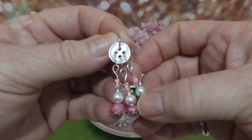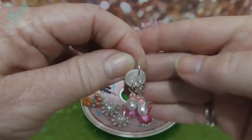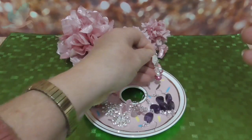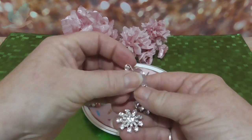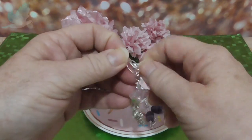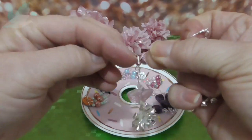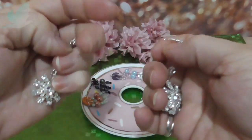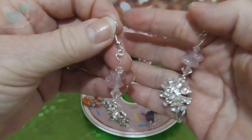Just for something different. And these are plastic beads on the top here, little pink bugles, and some faux pearls. So that's those. And while I was in the mood and I had all my stuff out, I had a look at what I have in my stash, and I decided to make, I had these fish hook earring things, and I had a whole heap of these in my stash as well, so I thought I'd just make some dangle earrings